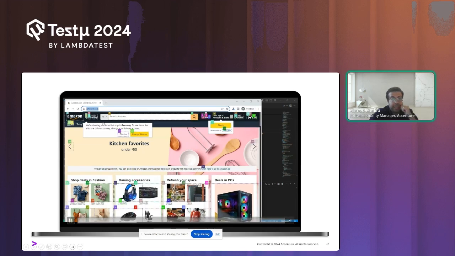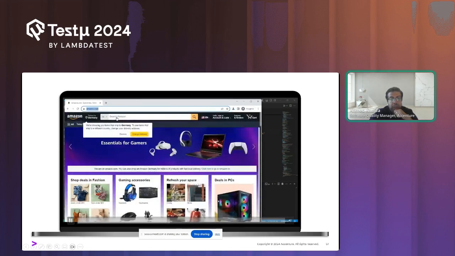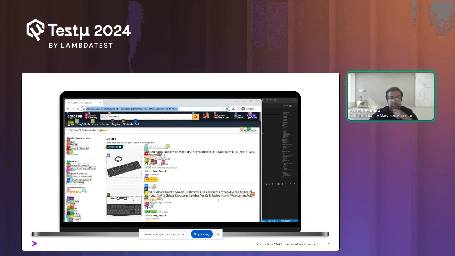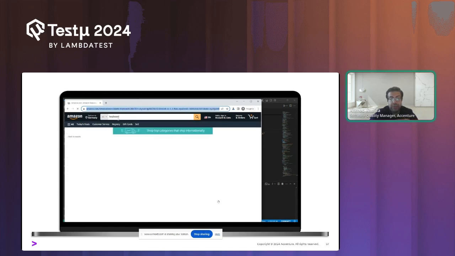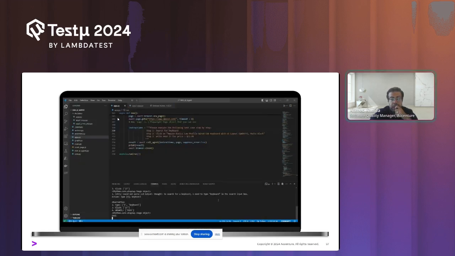So you will see it right now. So you see these tags. It will be shown better in the next page, but you could see here, and it will start to write here a search for keyboards. So I don't do anything. This is all the agent doing, and you could see here in the next page, it puts these tags everywhere, which means that it identifies elements with these tags using the visual capabilities, and then it will click, and then it will assess the price, and it will write pass at the end. So, now it's finished, and you could see I didn't do anything. The agent is just able to do this.